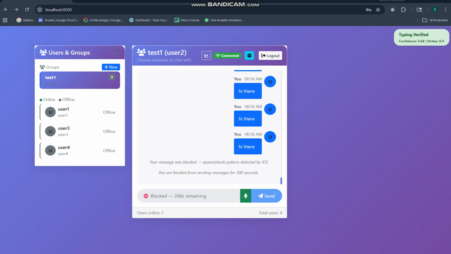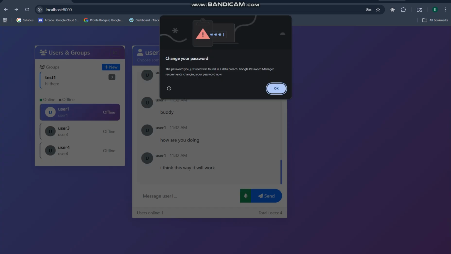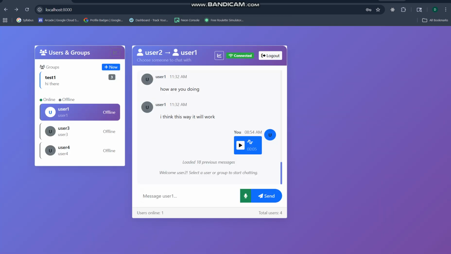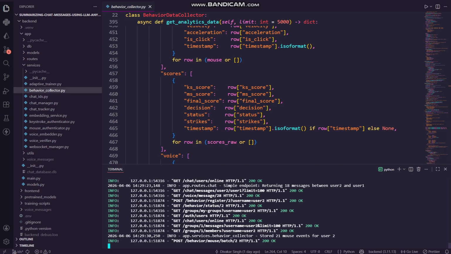So we have detected that it's a spam or attack pattern, and we have blocked the user for 300 seconds. And this is also persistent. So we are storing this information in the DB. So if that user logs out and logs in again, he won't be able to message anyone until that time. So if I log in again, loading the model,